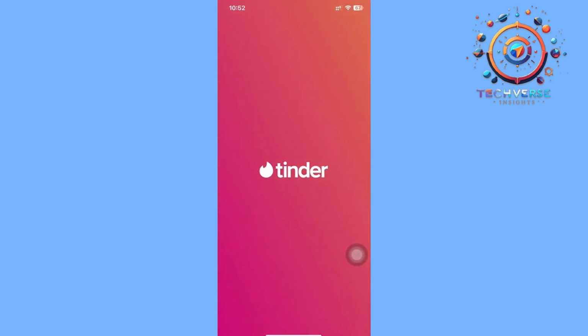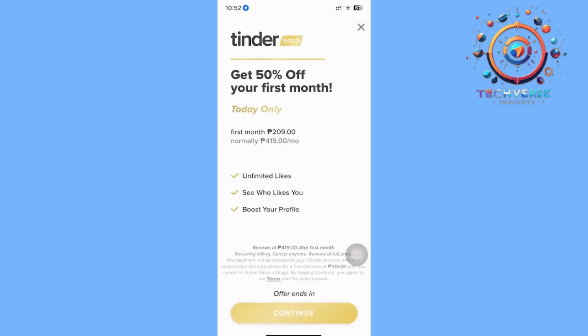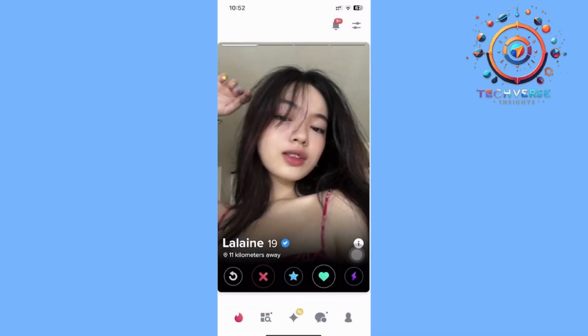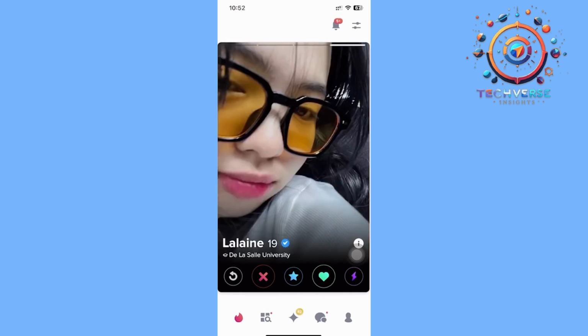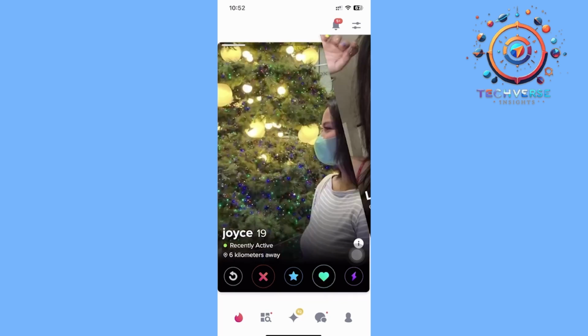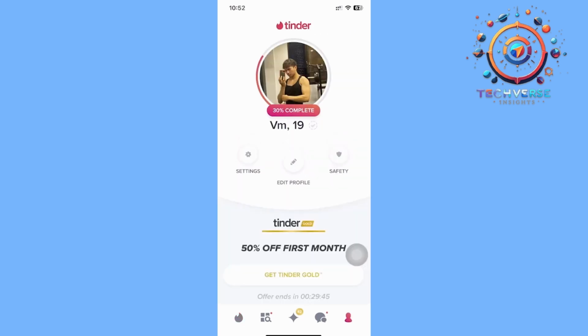on the Tinder application, and then once we're already here, we can actually now go ahead and log in onto our accounts. I've already actually logged on to my account, so in the case that you guys want to go ahead and log on to your accounts or create your accounts on here, that's going to be pretty easy, because all we need to do is to basically tap on our profile,